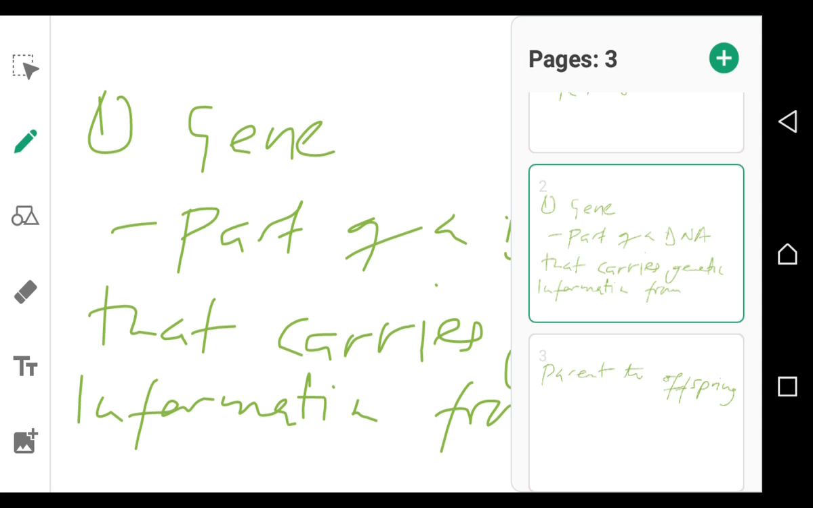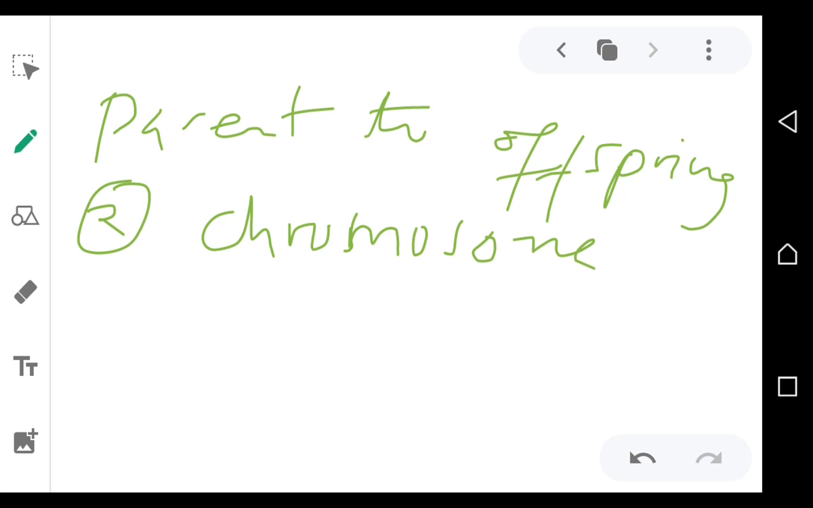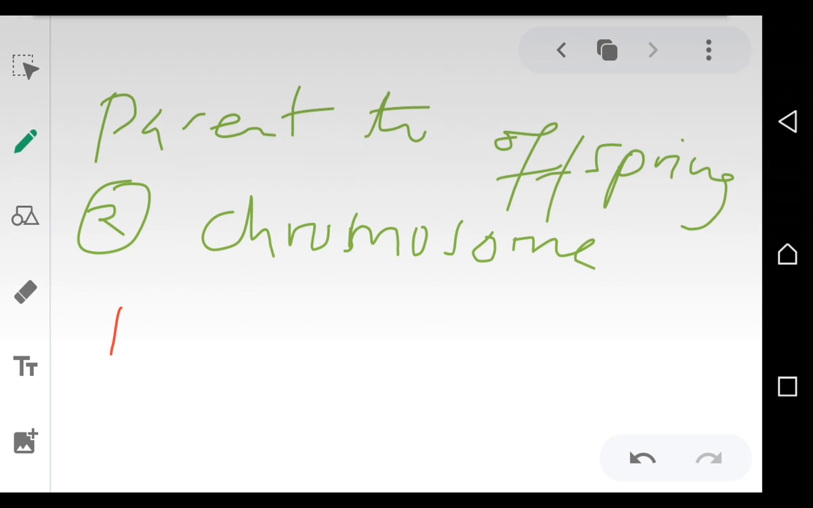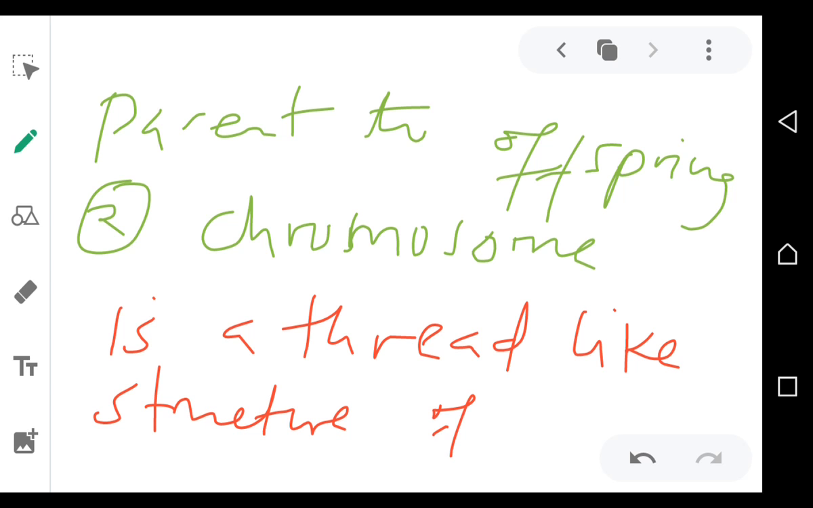They can also ask you to define a chromosome. What is a chromosome? A chromosome is a thread-like structure. Once you don't put this term thread-like, it means it will be wrong. So a chromosome is a thread-like structure of a DNA